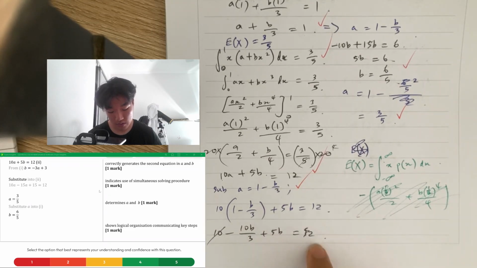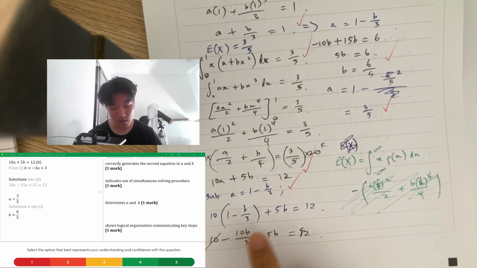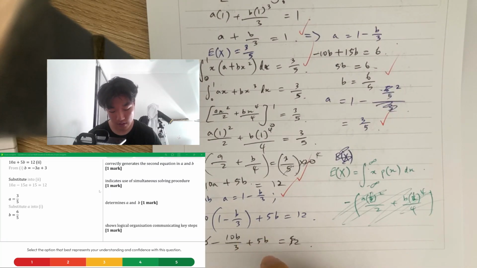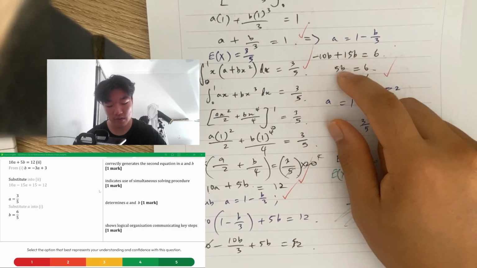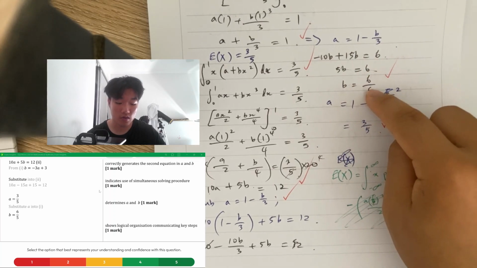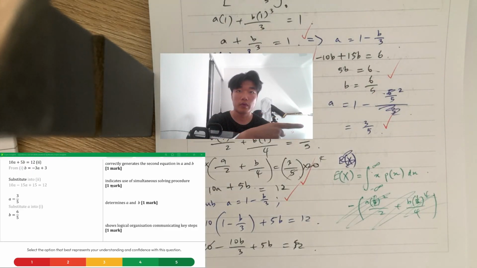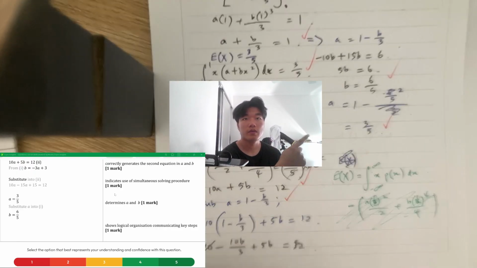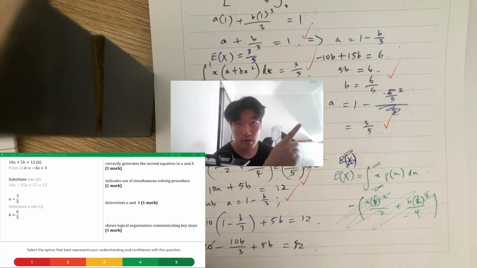So the right side goes to 6. This goes to 15b. This just cancels with the denominator, so then it's negative 10b. So it's 15 minus 10, which is 5, and then that's the coefficient of b. So then we divide by 5 to isolate b. So 6 over 5. Alright. Then we get an answer of 3 over 5 for a, because we sub that back into the original equation